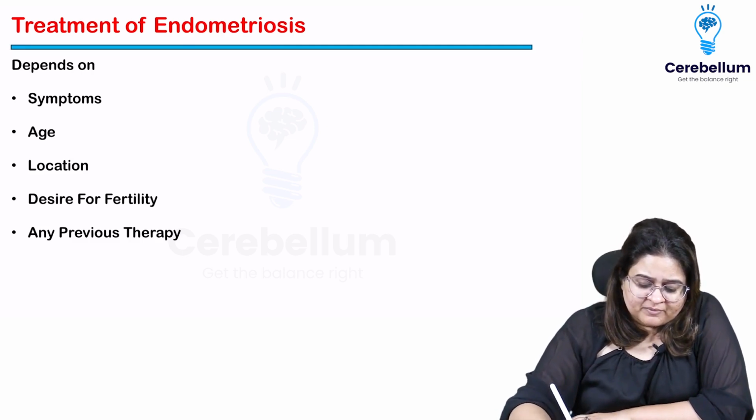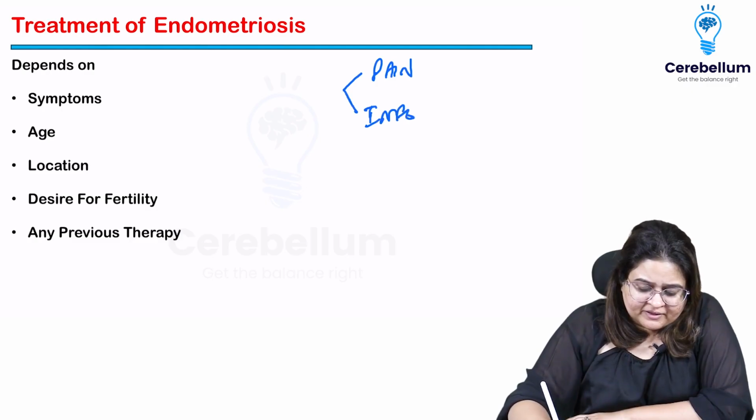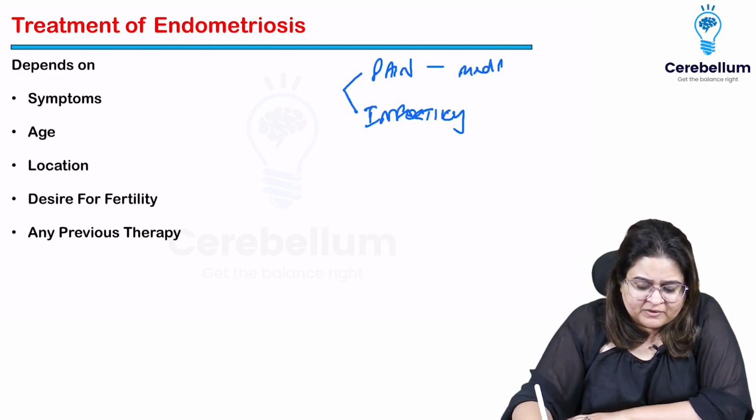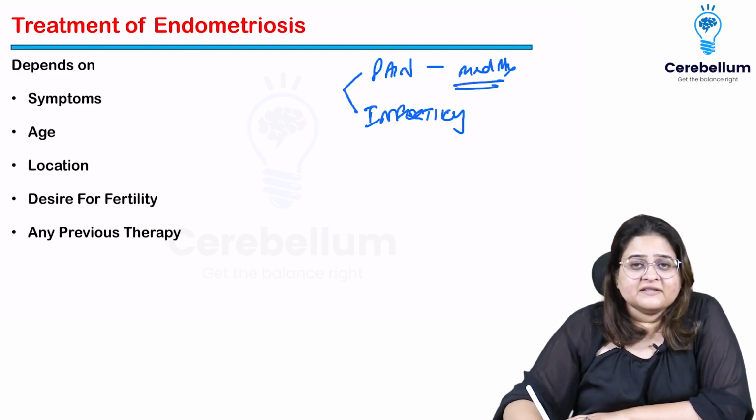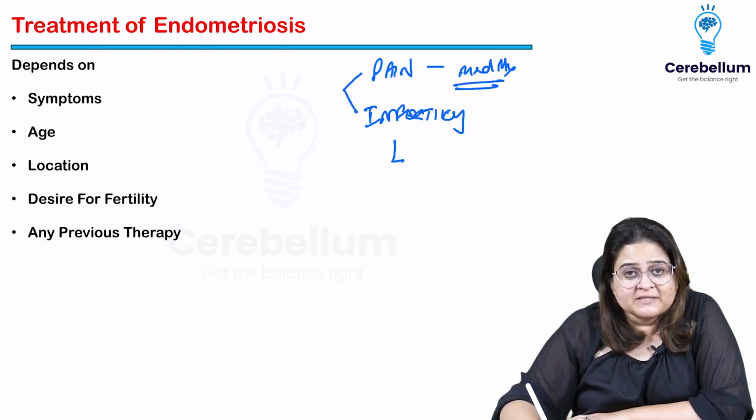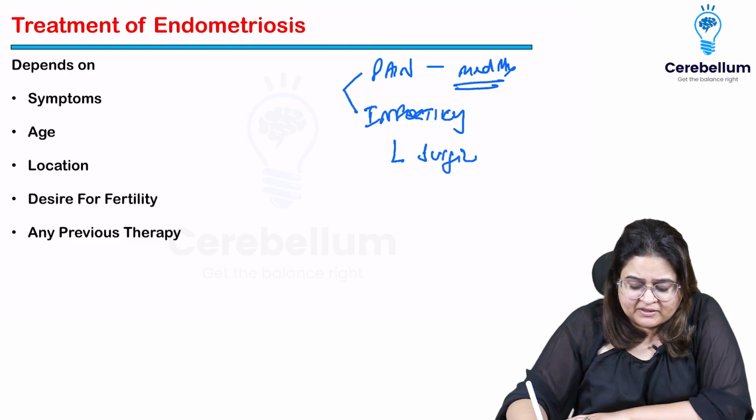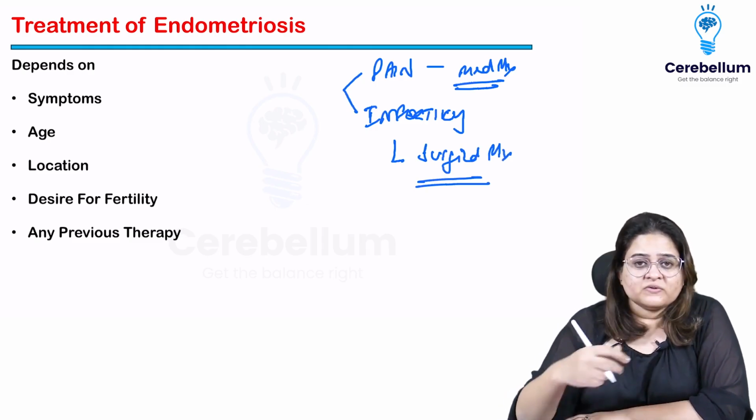So endometriosis, remember, the basic mantra is there are two symptoms, right? Pain and infertility. If pain is the primary symptom, we usually try medical management first. But if infertility is the primary symptom, then surgical management would be better, because you want to see the anatomy,